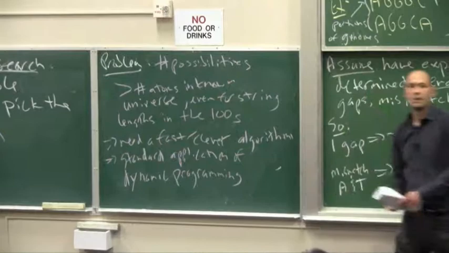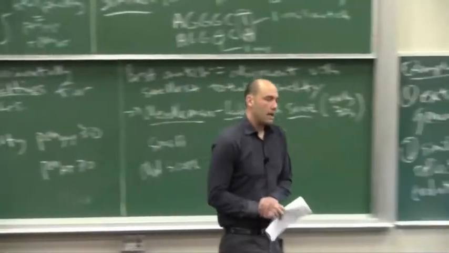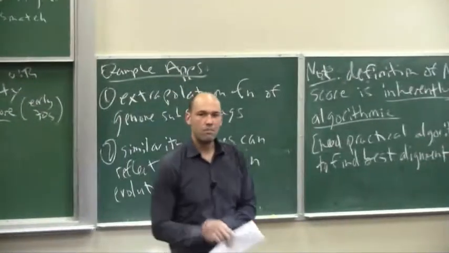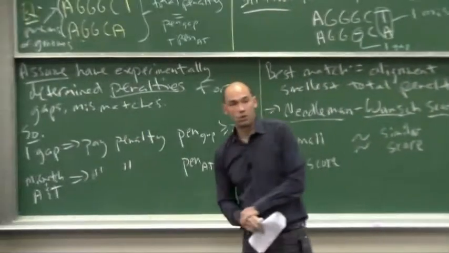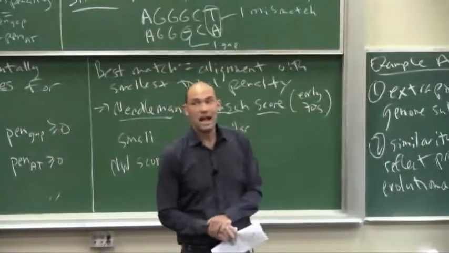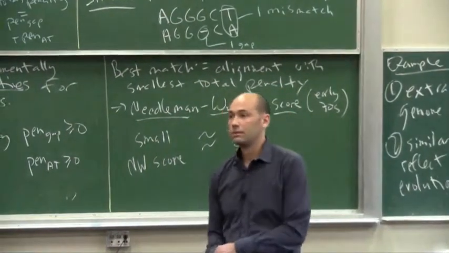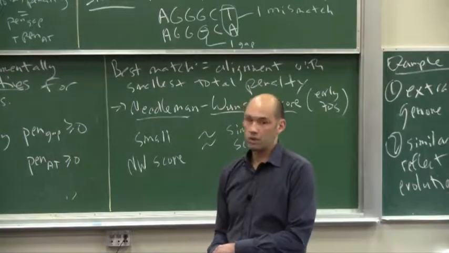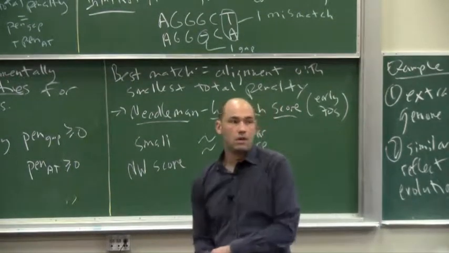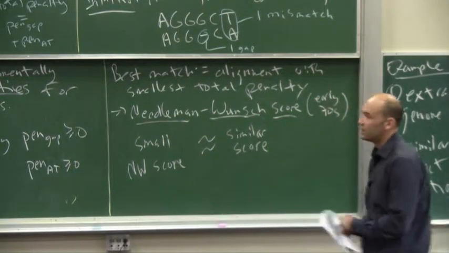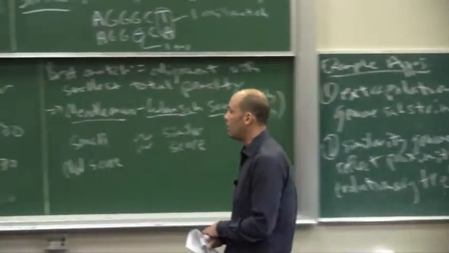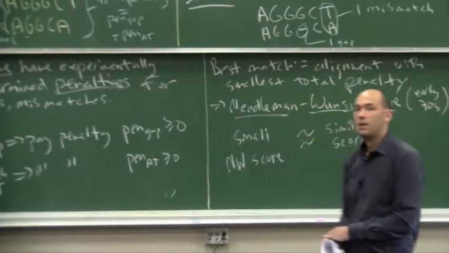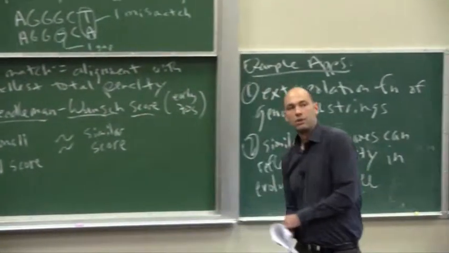Okay? Again, I want to emphasize that had there been no alternative to brute force search, had there been no clever algorithm for computing the NW score, genomicists would not use the NW score for computing similarity among strings. Okay? They would use something else. Computational genomics, I'm sure, would still be a very successful field, but it would not look quite the same. Okay? The fundamental definitions would be a little different if you didn't have these kinds of algorithmic tools that you're going to learn in this class.